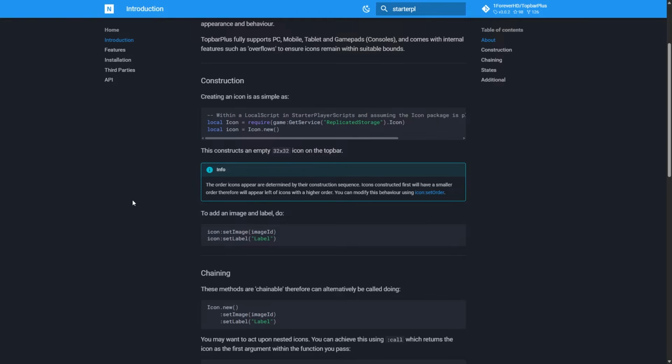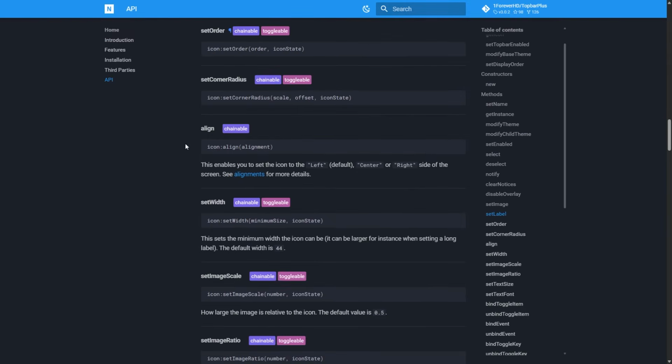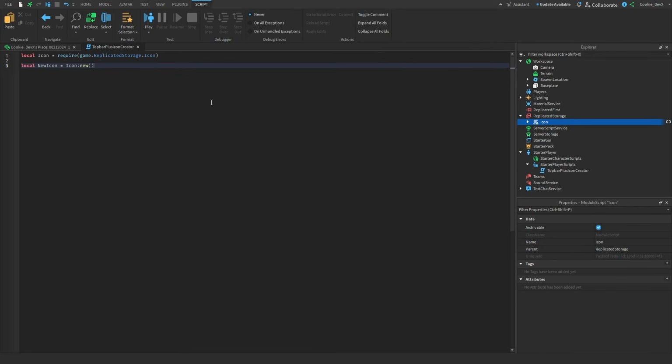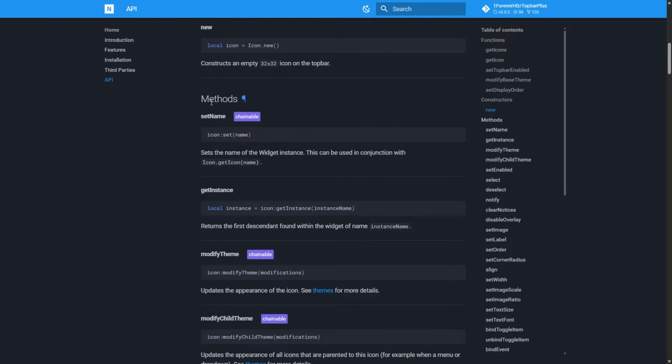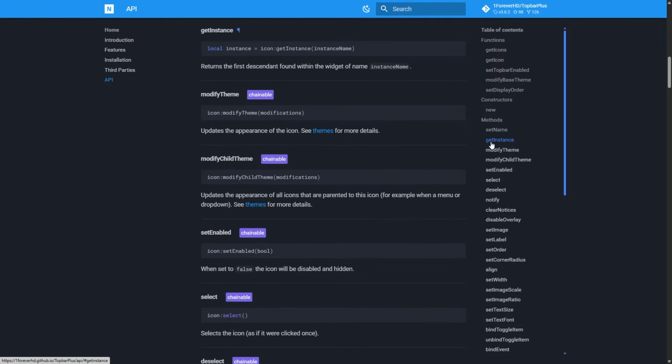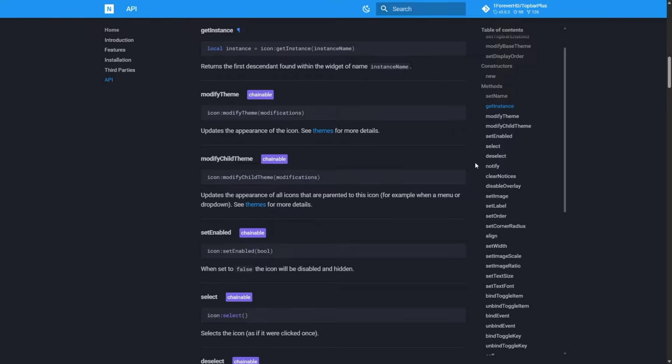sequence. This means that the icons will be visible in the order you create them. Of course, you can modify this behavior using icon set order, which is defined here in the API reference, but we're not going to go through that today. Now, if we take a look at the methods here, these are all of the different things we can do to our icon, okay? As you can see, we have a ton of things. We can set the name, we can get the actual physical instance, and there's so many different things we can